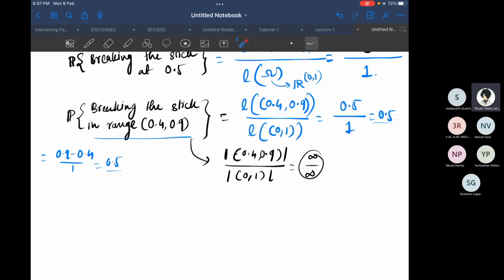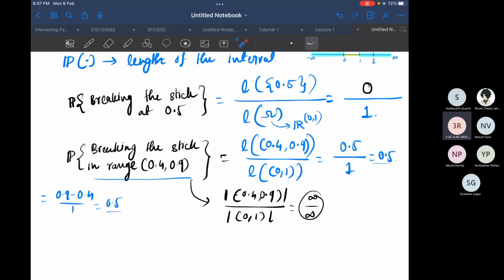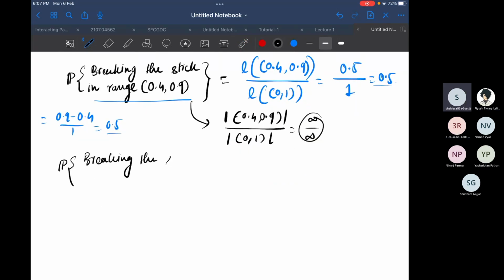Yeah, go on. We have a case when we are calculating for multiple points, let's say breaking a stick at 0.5, at 0.2, and at 0.3. So I have three discrete values. How will we measure it then? Will it still be zero? Yeah, so let us see what will happen. What points did you set? Can you repeat? 0.5 and 0.2 and 0.3, specific points, not a range. Correct. Have I written it correctly? Yeah.